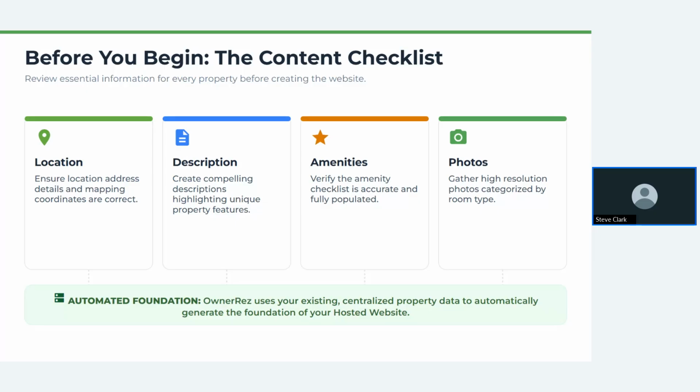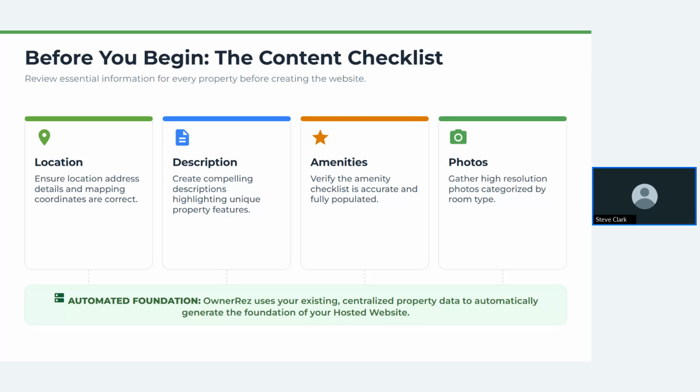But this is kind of your checklist of what you want to check. Make sure the map is right. Make sure your location is correct. Make sure the description is correct. Amenities, photos, and I just did a separate focus session that was all about this. So maybe Zach, if you can link to that focus session we did on location, amenities, and whatnot. I don't want to go into all of that too much here,